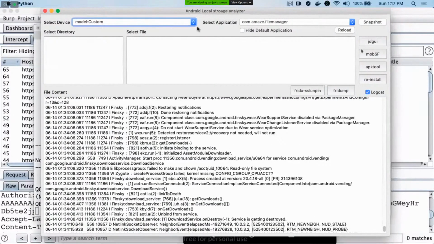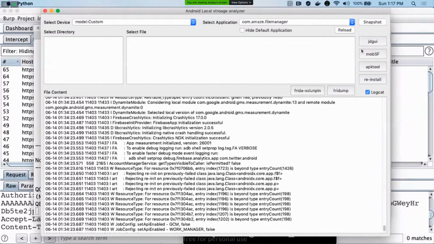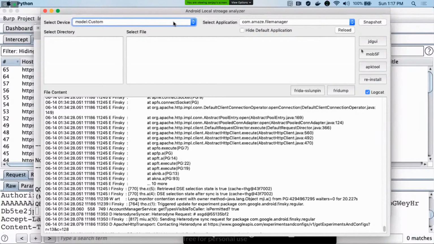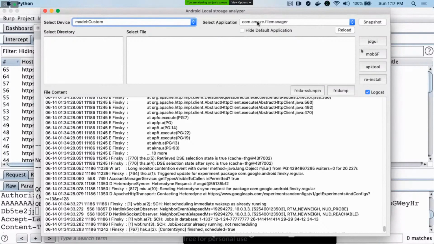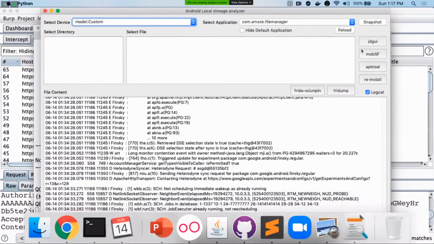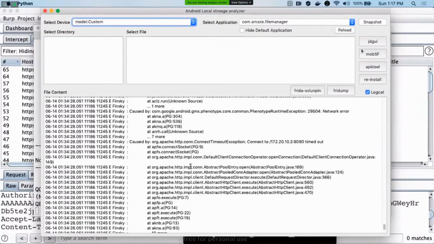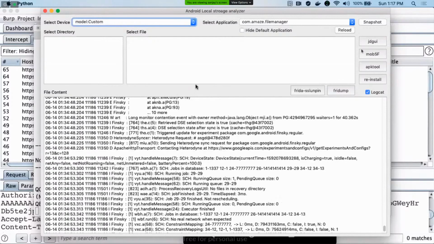When you open this tool, you can see the GUI, in which there is a device list. If multiple devices are connected to the system, you can see the device list over here. These are the applications installed on that particular device, and this is the logcat. By default, it will show the log information in this view.